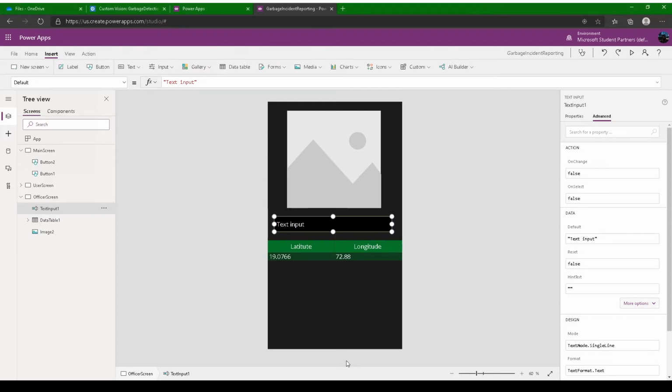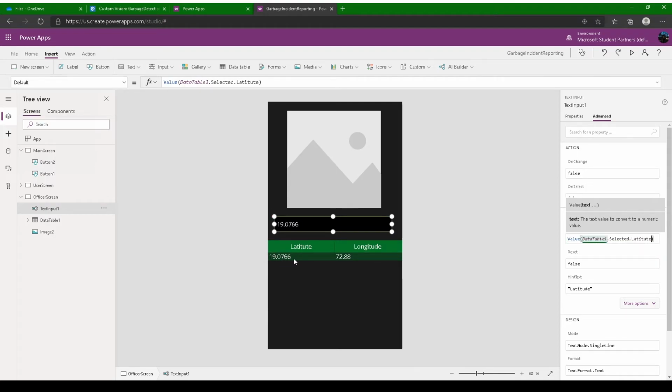This data table's name is data table 1. So the hint text would be latitude. If nothing's there, if the database is empty, it will always show that it should be latitude. And for the default value, we'll just click data table 1 selected latitude. There you go. So it will fetch this.